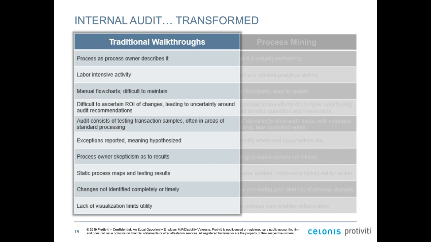We create documents that are often hard to maintain, so think Visio diagrams and other narrative-based documents that get stale quickly and are troublesome to maintain over time and time-consuming. We often end up focusing on kind of that core transaction flow rather than the instances of unusual activity, and those core transaction flows are often the better controlled areas. We rely on kind of the luck of the draw from random sampling to identify outliers, especially if you're doing non-statistical based sampling, picking samples of 5, 10, 25, and 50, I think, if you're really enthusiastic.